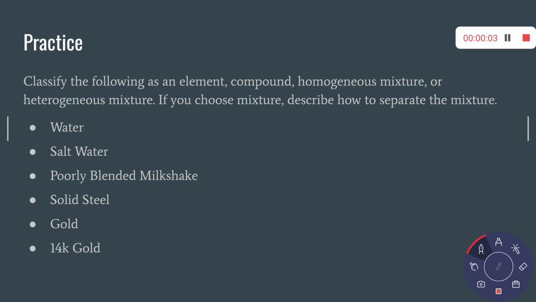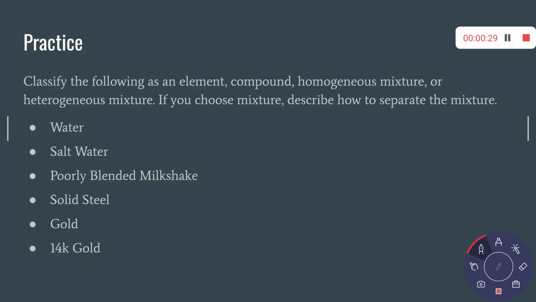All right, so here we are. We're talking about matter. For this slide of practice, we're talking about our 4 types of matter: our elements, our compounds, our homogeneous mixtures, and our heterogeneous mixtures. Remember, our mixtures are physically blended. They're not chemically bonded, but our compounds are elements that are chemically bonded, and our elements are building blocks of